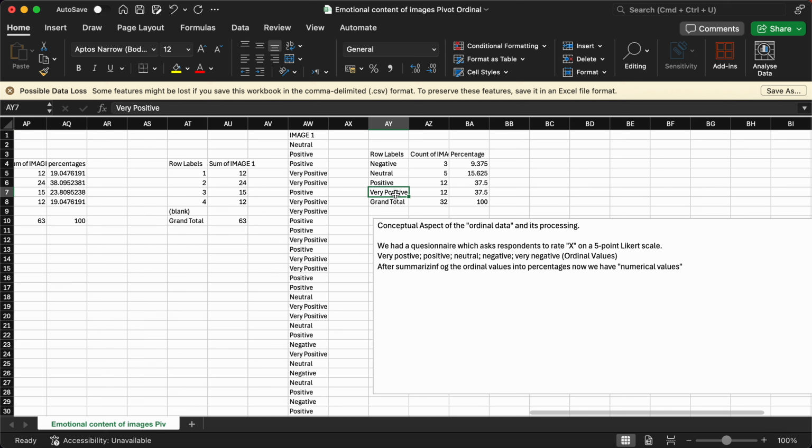But what are these values? Are these values numerical? No. So what you need to remember is the ordinal values